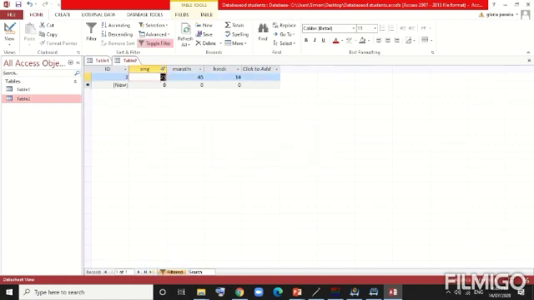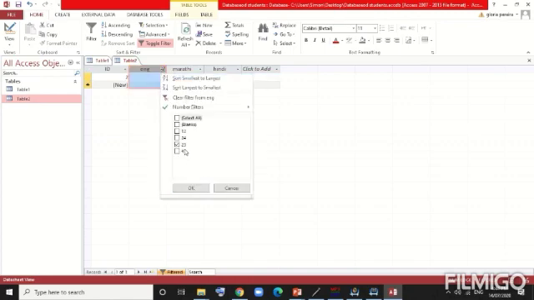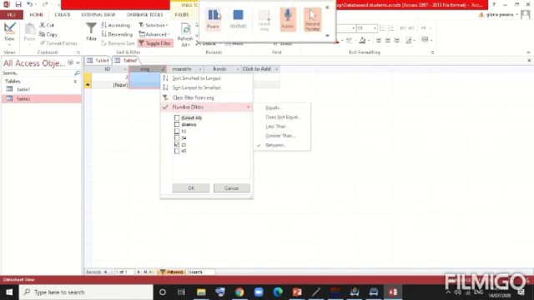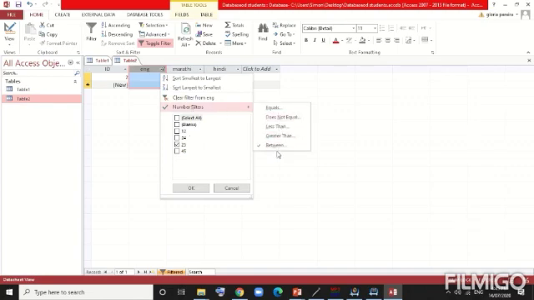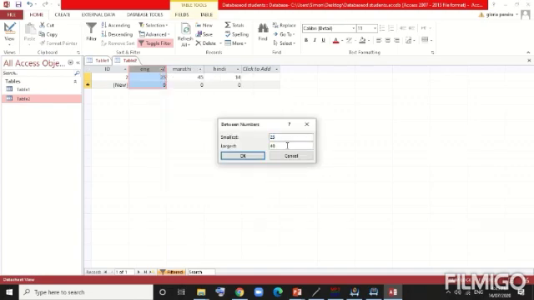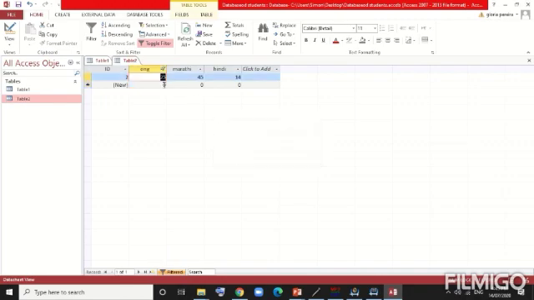I have got a student over here with 25. And then suppose I want the numbers between 25 to 45, whoever has got them, I will get the marks over here on that basis. Since I have applied this filter to English marks, the marks based on English will be displayed here for the particular student.